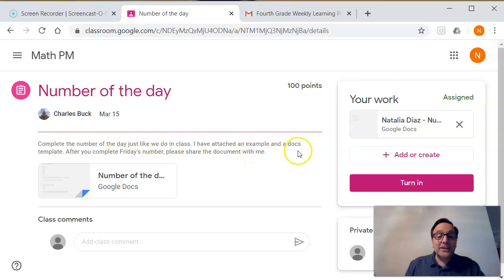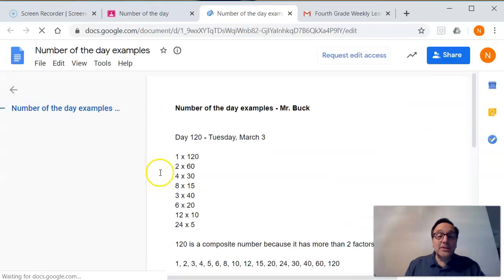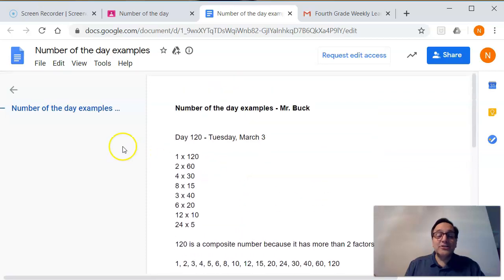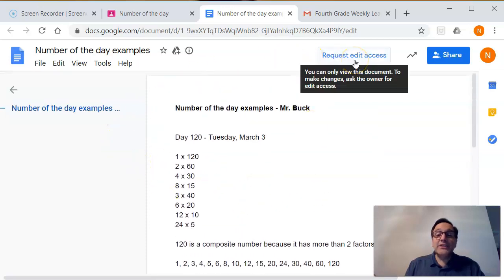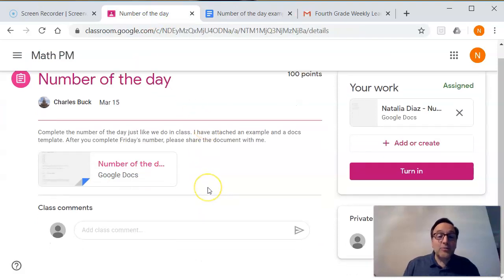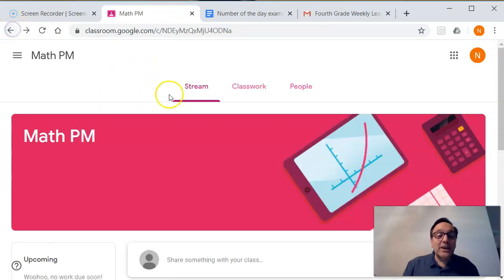I have attached an example doc and a template. These are examples, and you probably looked at them. You cannot type into these, okay? This is just an example. If it says request to edit, it's because it's something that I'm sharing with you just to look at, okay? And then we'll go back and see if we can find